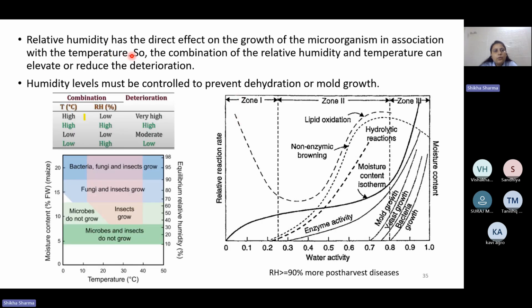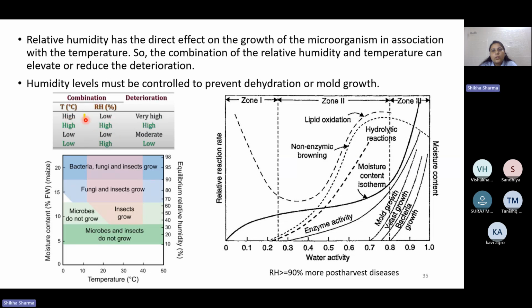Relative humidity also directly affects the growth of microorganisms, and it also correlates with temperature. So the combination of relative humidity and temperature can elevate or reduce the rate of deterioration. If we look at the combination of relative humidity and temperature,